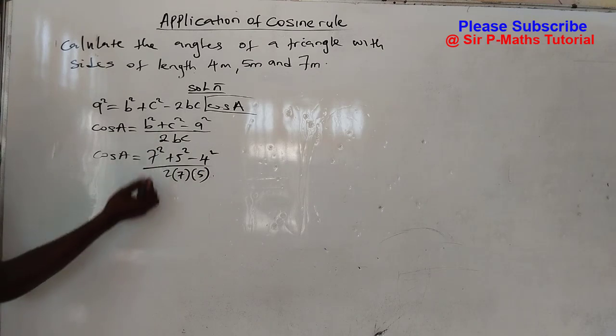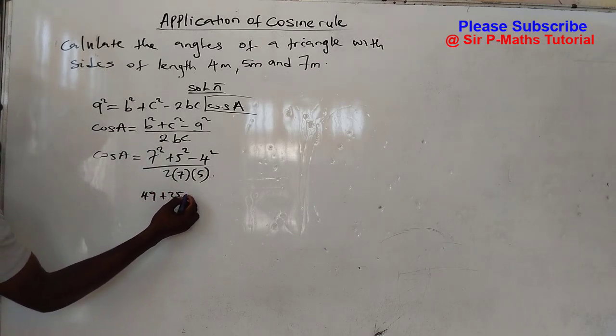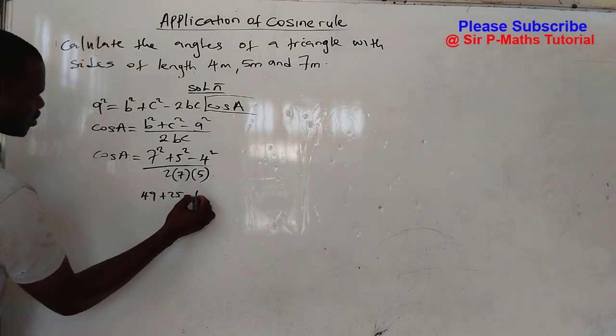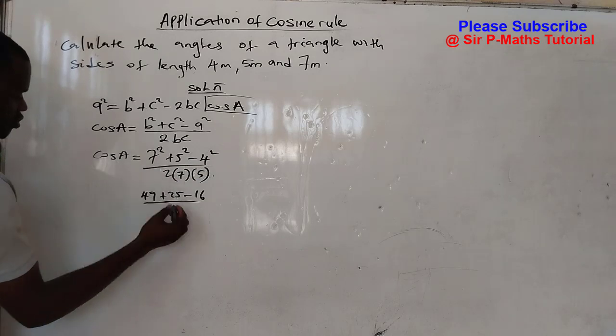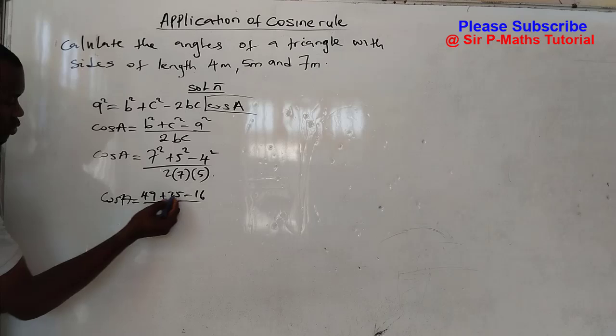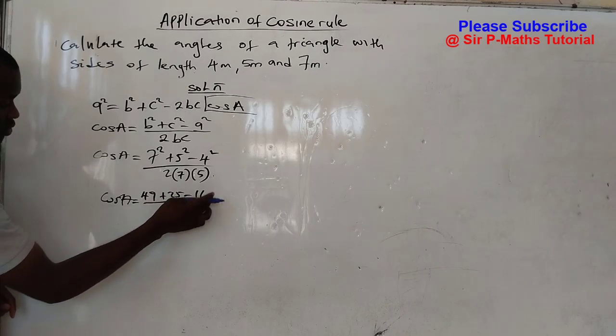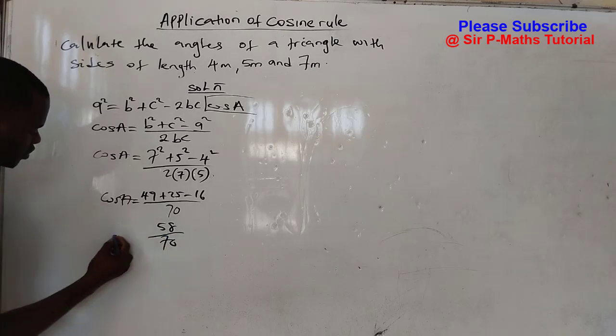Okay, 7 squared will give me 49 plus 25 minus 4 squared, which is 16, all over 7 times 5, which is 35, times 2, 70. Okay, then I will have this plus this will give me 74. 74 minus 16 will give me 58. So 58 over 70,